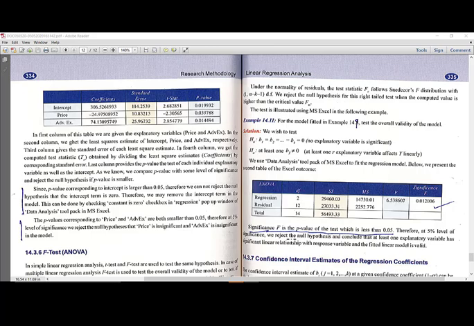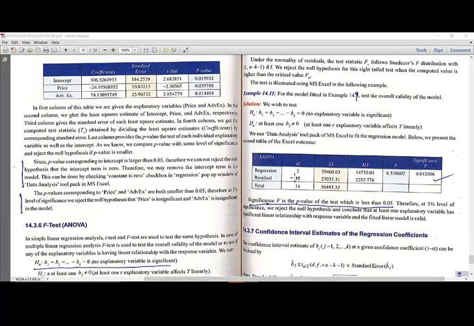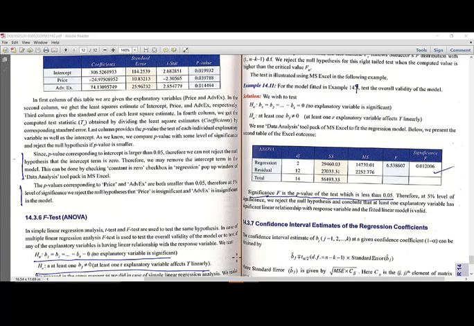If we go for the F test for this example, we have these values: regression degrees of freedom 2, residual degrees of freedom 12, and total 14, and then the SS values, MS values, and F value,